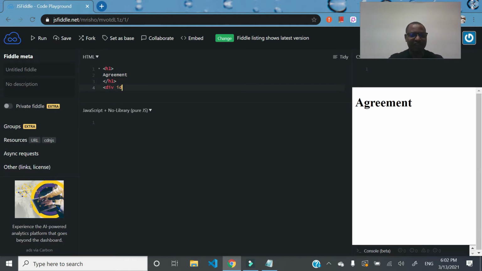So let's assume that this is our div that we want to scroll. Let's call it a scrolling div. Okay, and then we will have our text inside that div, and then we'll have our